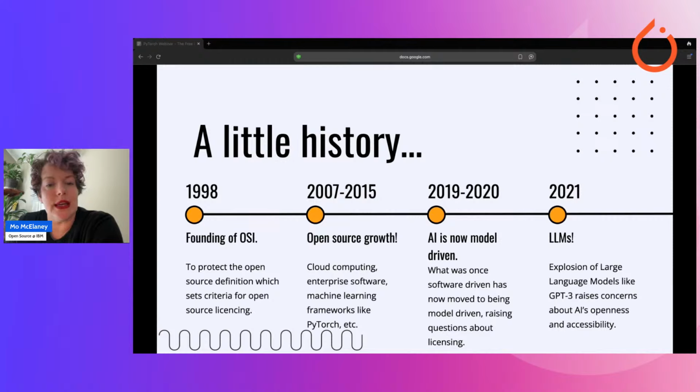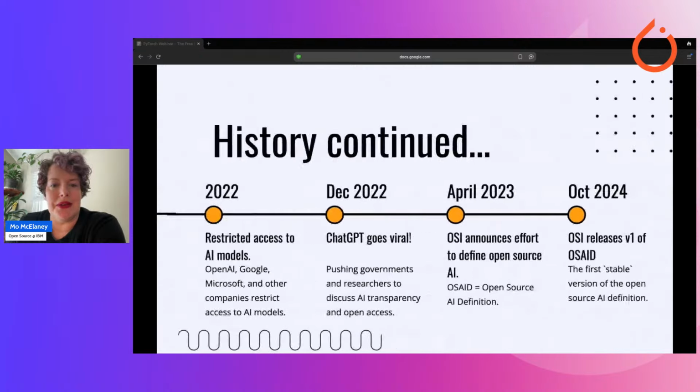So initially, AI was very software oriented. But now, as we've seen, it's moved into being very model driven, which is quite different in nature than how software programs work. And so now we're in this murky area where we don't exactly know which way the industry is going to go.